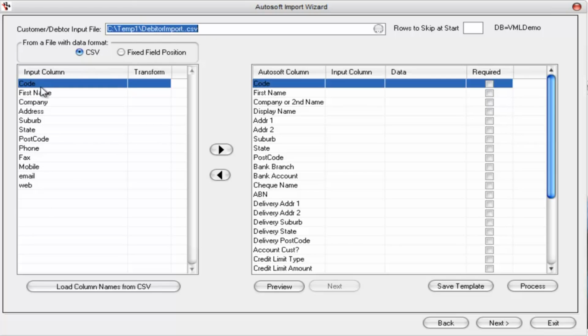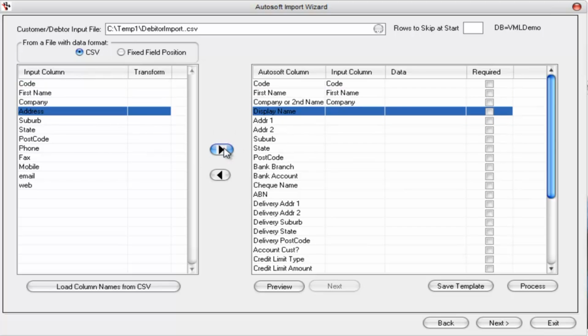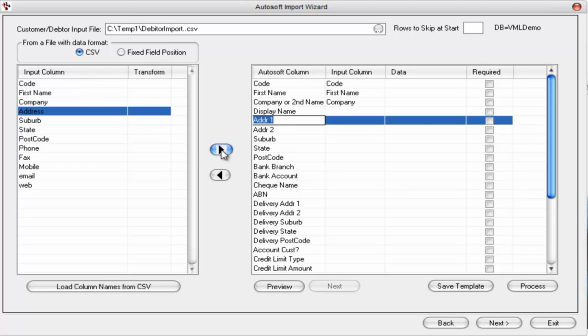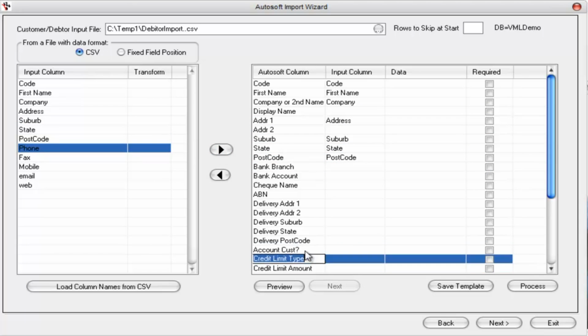And it reads the file and puts the actual fields that are there. So what I now need to do is just map them. I'm going to map the code with the code, the first name and the company name. The address is going to go here. The suburb is going to go there, state, postcode, and then we go down to the phone numbers, which are